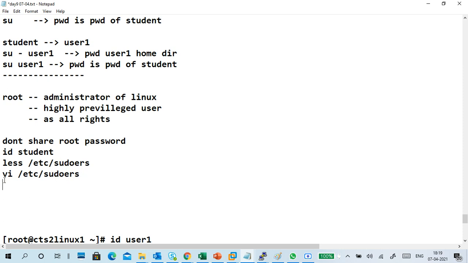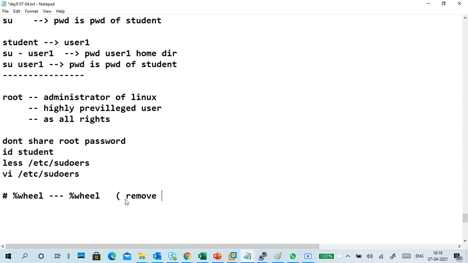Okay. So go to vi and find this hash, percent wheel line. Then what to change? Change it to wheel only. So remove the hash before wheel.